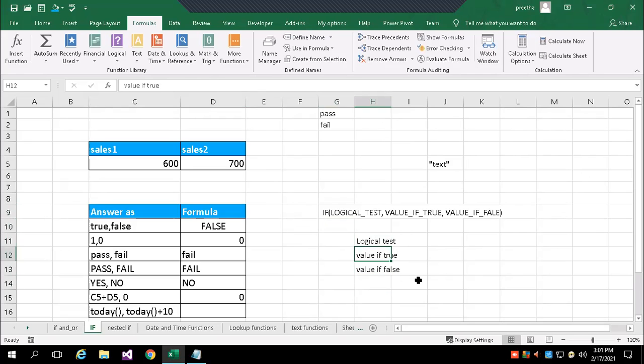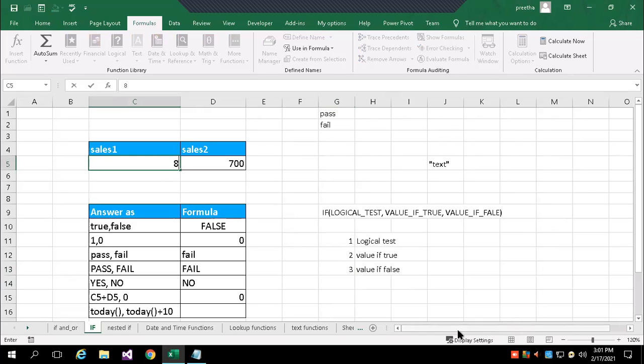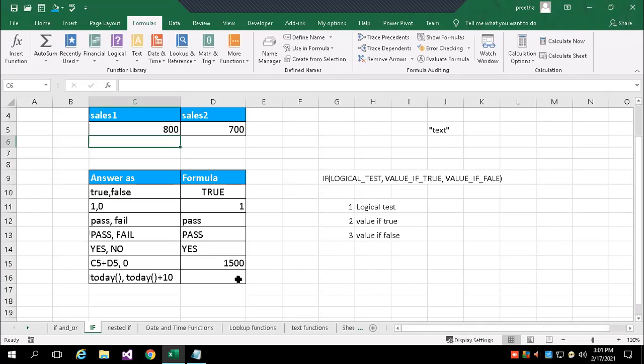So first argument, second argument, third argument. Now, as per the changes, I will change the value. Now the result is also changed.